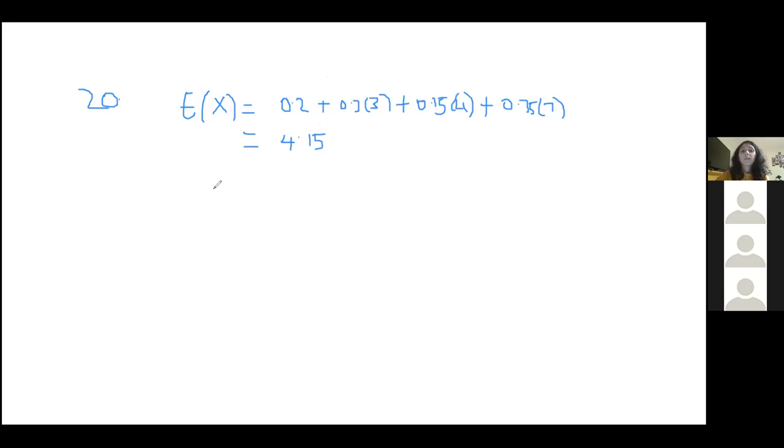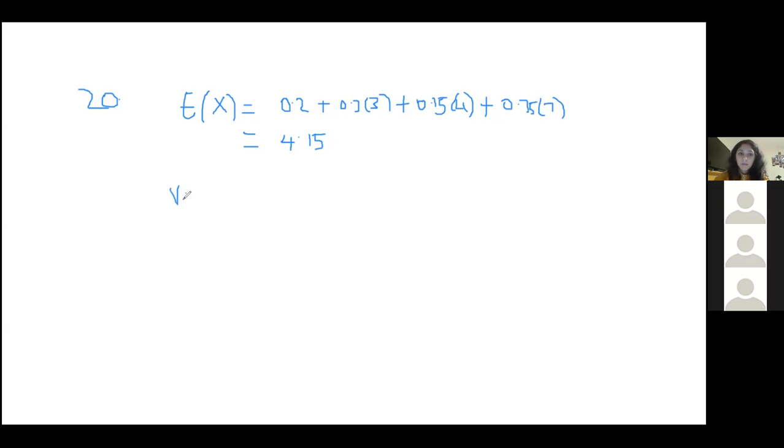So that is the expectation of x. And the second question asks for the expectation of y, but it's the exact same process. So if you haven't done the homework already, I would recommend you go through that. And then we can look at the variance of x. Now the variance just tells you how far away it is from the mean. So how far away your values are from the mean.